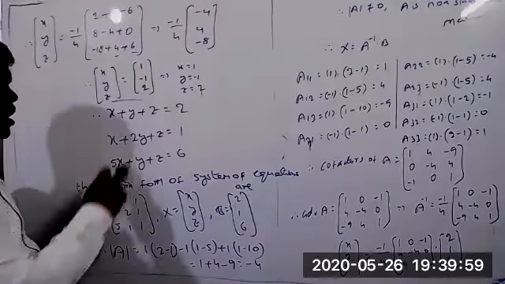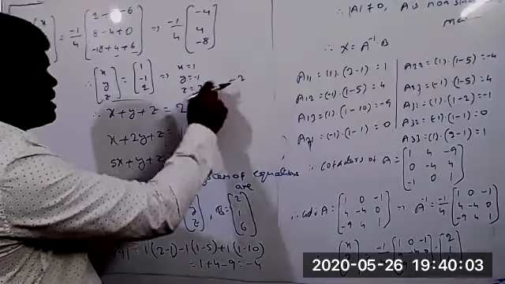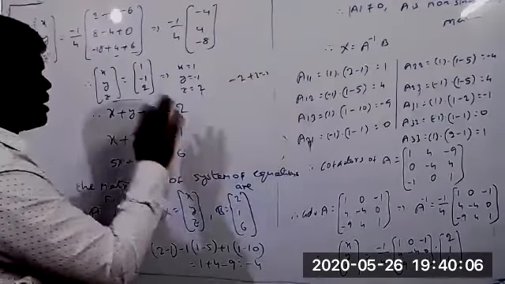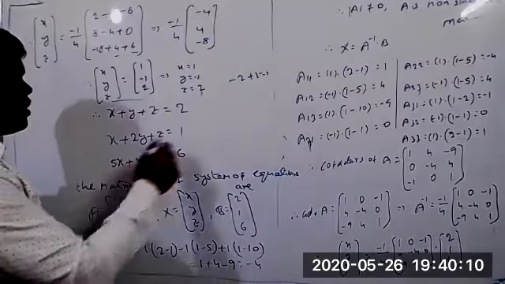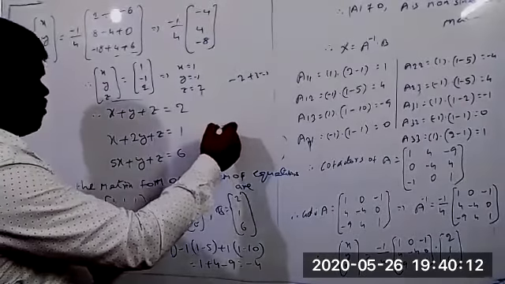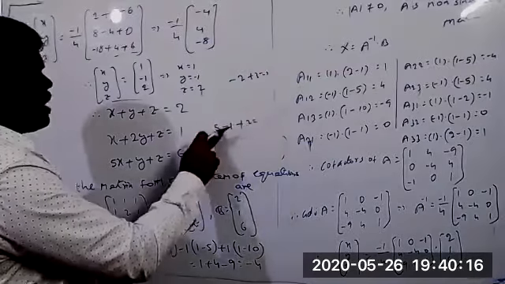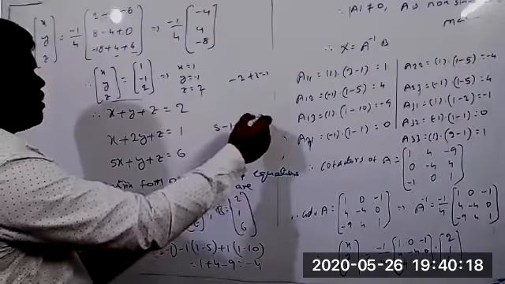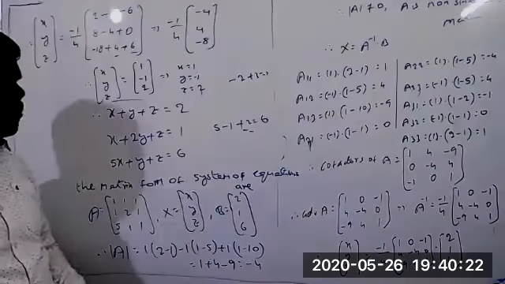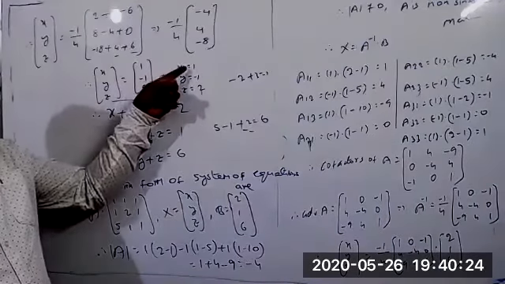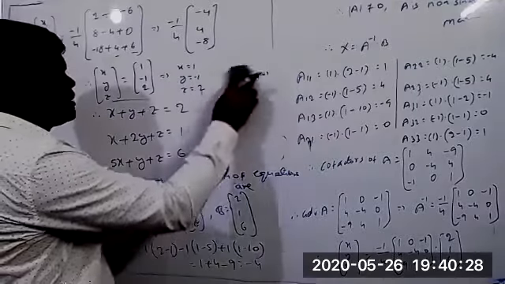The same way, twice the second number. 2 into minus 1 equal to minus 2 plus 3 equal to plus 1. Yes, correct. The same will come into the last number. Now it is the 5 into 1, 5 minus 1 plus 2. So 5 plus 2 equals to 7, 7 minus 1 equal to 6. Yes, all three conditions will be satisfied. That means the required three numbers are, first number is 1 and second number is minus 1 and third number is 2.